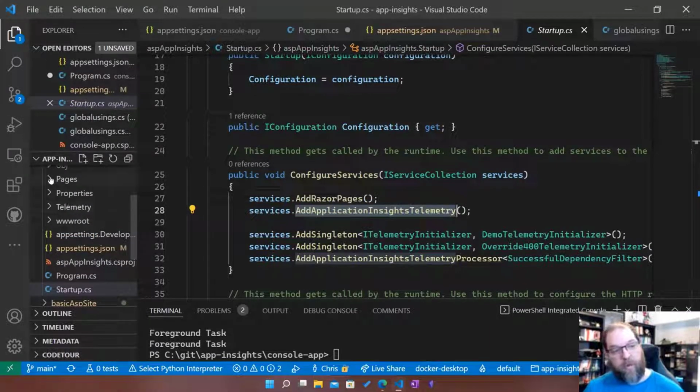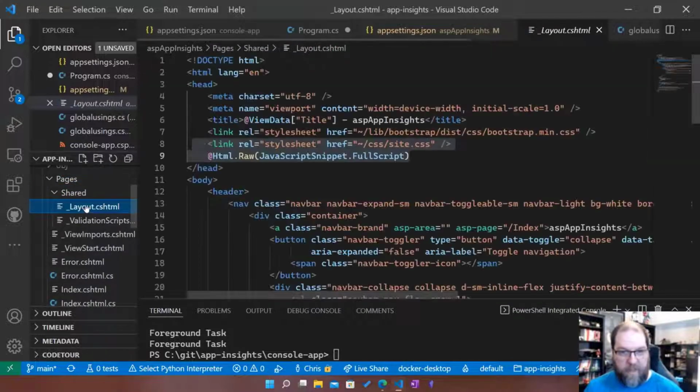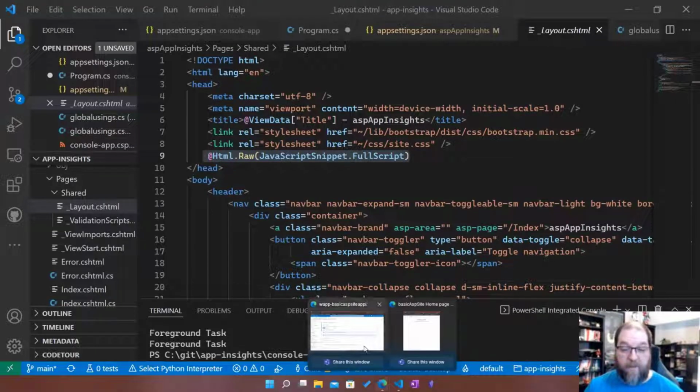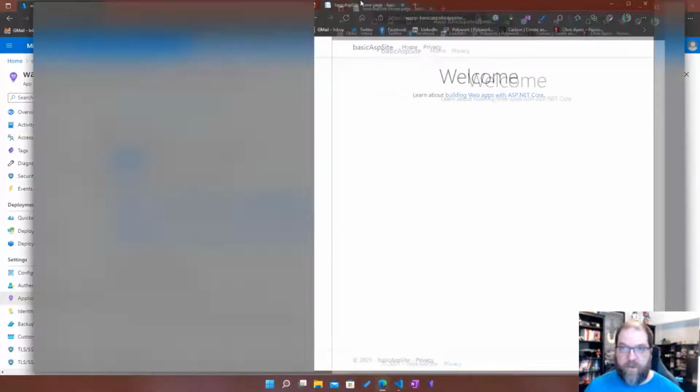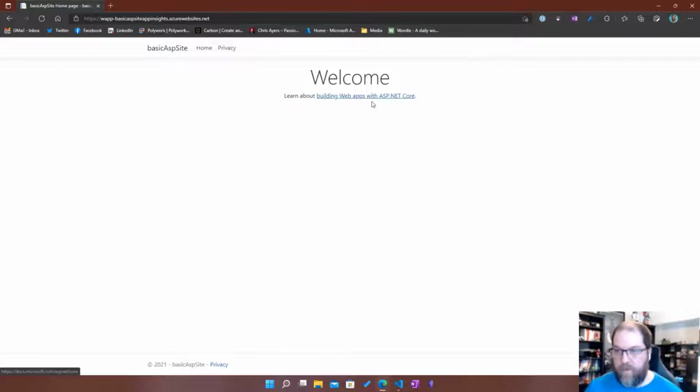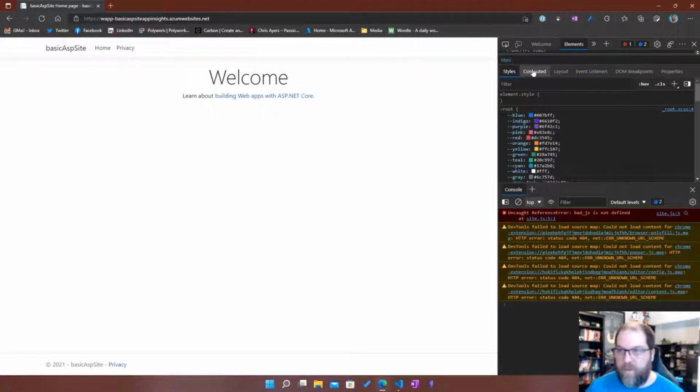Now, for the front end browser, the JavaScript side, you can add in, and I'm showing you here in this layout, there's a JavaScript snippet that gets added. So if I go back to that basic website that I had that was showing data, and if I inspect this page, one of the things it does,